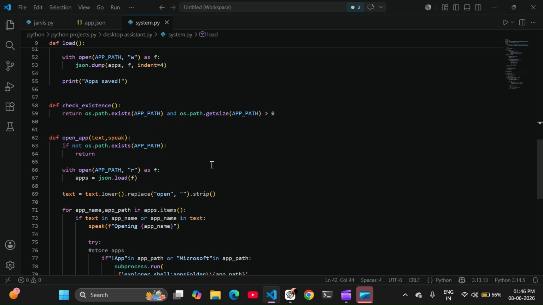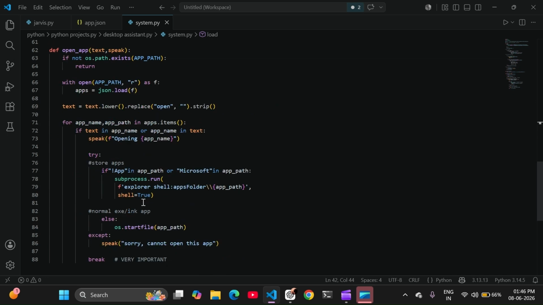See, in the open app, it will check first whether that exists or not. Then open the file, check the dictionary, and the text will be stripped. Only extract the name of the app, and in the app name and path it will open one by one and speak opening, then try.